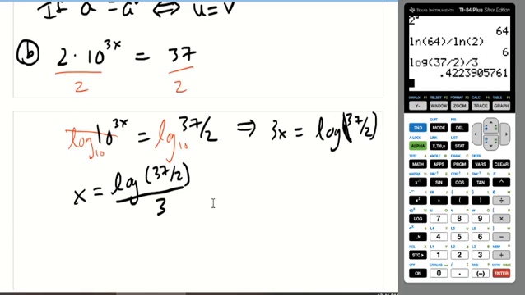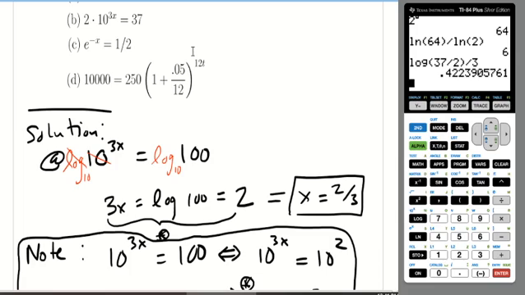I didn't say what number of decimal points to round to, but my MyMathLab will tell you, so pay heed to that. What about e to the negative x equals a half? Well,